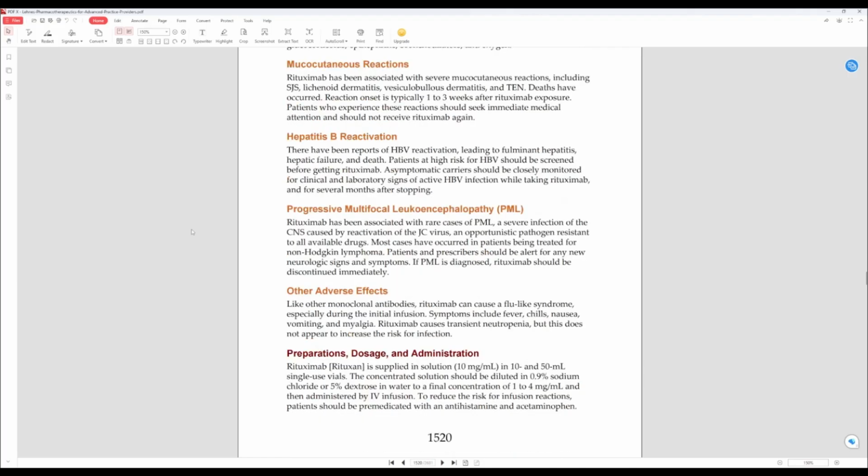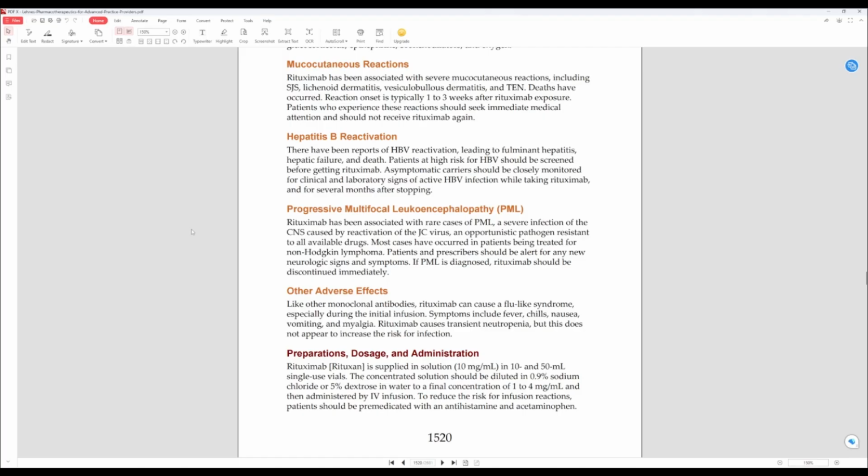Hepatitis B reactivation. There have been reports of an HBV reactivation leading to fulminant hepatitis, hepatic failure, and death. Patients at high risk for HBV should be screened before getting rituximab. Asymptomatic carriers should be closely monitored for clinical and laboratory signs of active HBV infection while taking rituximab for several